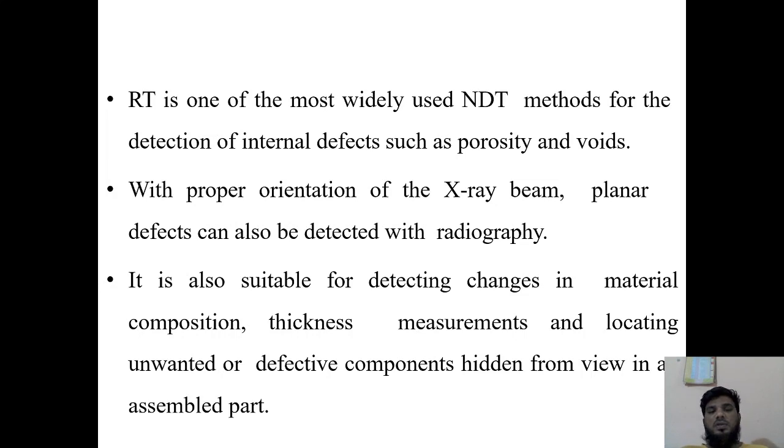When your bone is fractured, many of us have gone to hospital where we are exposed to X-rays. We cannot see the X-rays, but when they pass through our body, because of some reactions on a film, we can observe the bone fracture easily. So the same thing happens to the material. How the process goes and what the various steps involved are, we are going to discuss in this chapter.